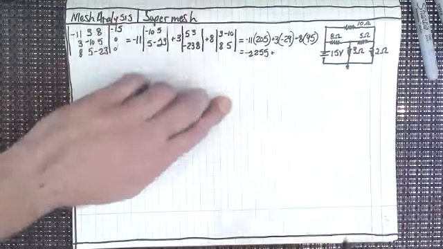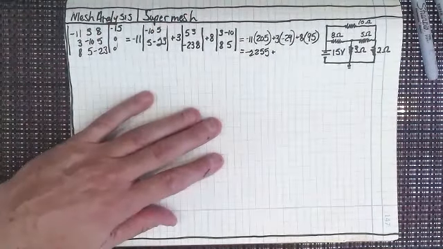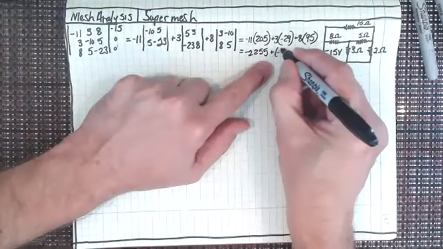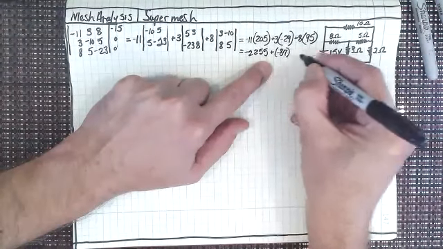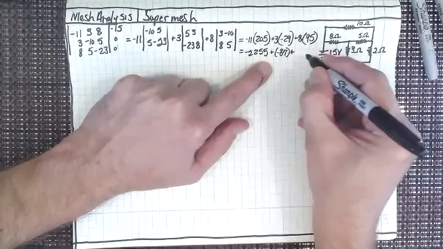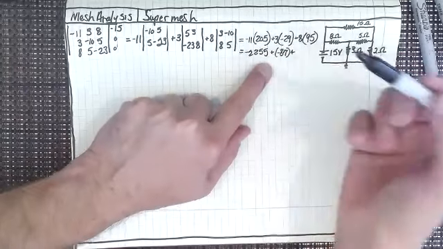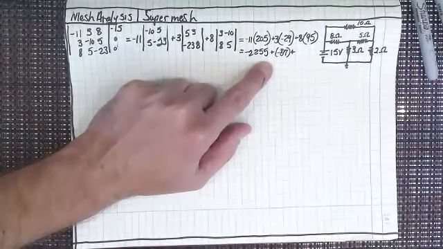Plus 3 times a minus 29, and that gives me minus 87 plus 8 times, now is that 95? Let me show 15. Yep. So 8 times 95, that gives me